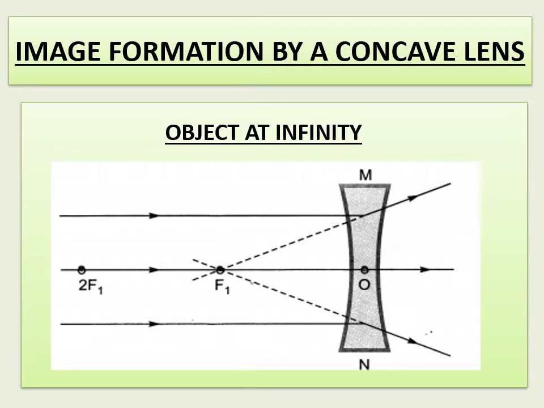And one more condition, we know that whenever an object is at infinity, we have to consider the parallel rays. So here the parallel rays, one is passing through the principal axis, one is above the principal axis, and the other one is below the principal axis. So above and below they have taken, and that is the rule applied, and they extended backward. So they meet at F1. So this is the ray diagram for the object which is at infinity, where you are going to get the image. Image we got at F1 point, nothing but at focus.